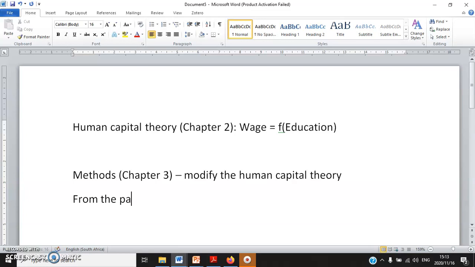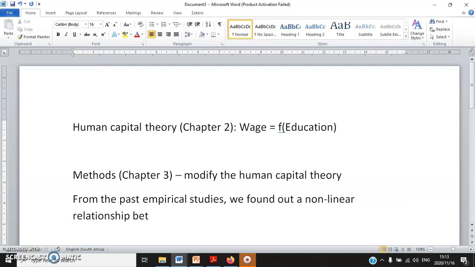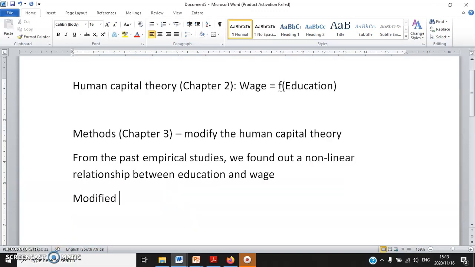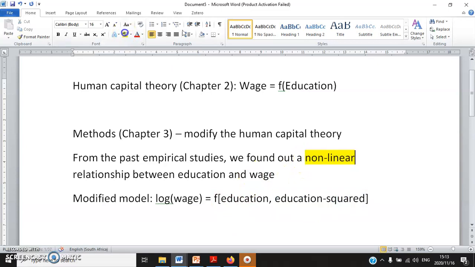Maybe because from the past empirical studies, we found out a non-linear relationship between education years and wage. So maybe I can modify the model as, for my econometric analysis, wage, and I can actually take log of wage. You can see this is another way to modify my model. It's a function of education and education square. Okay, so you see the inclusion of the square variable to capture non-linear relationship between education and wage. And you can see I take log, so I already modify the human capital theory twice actually,